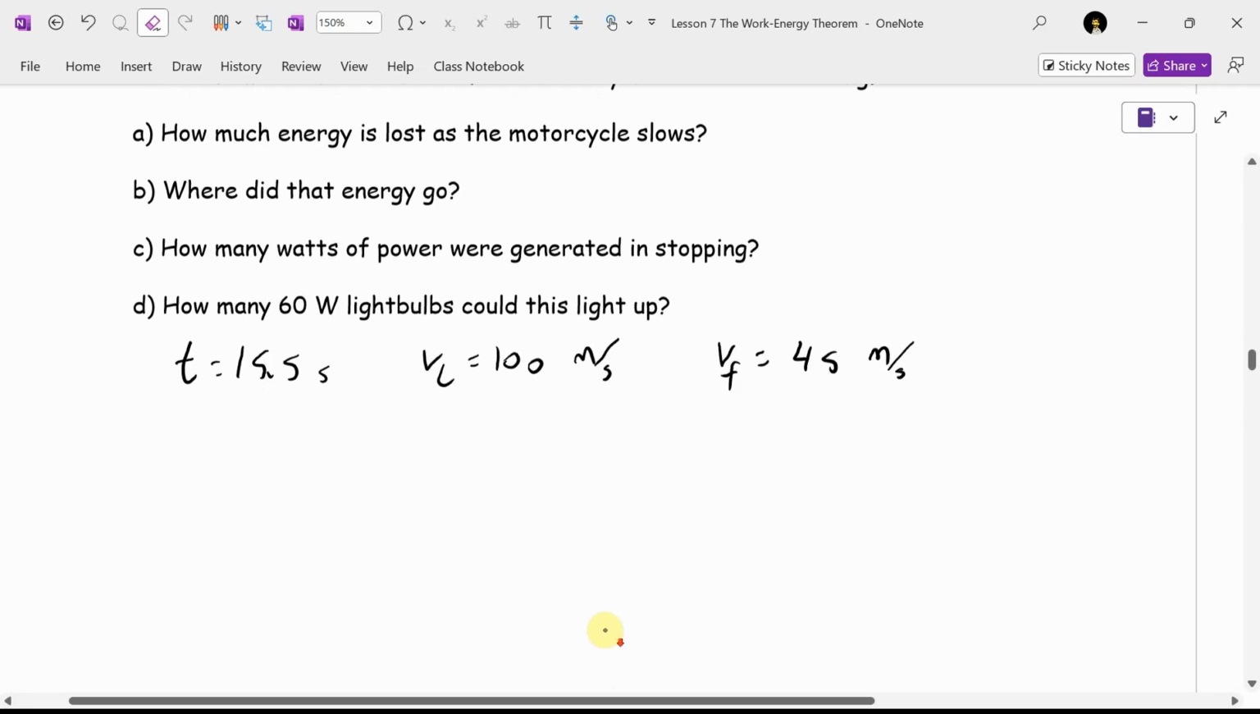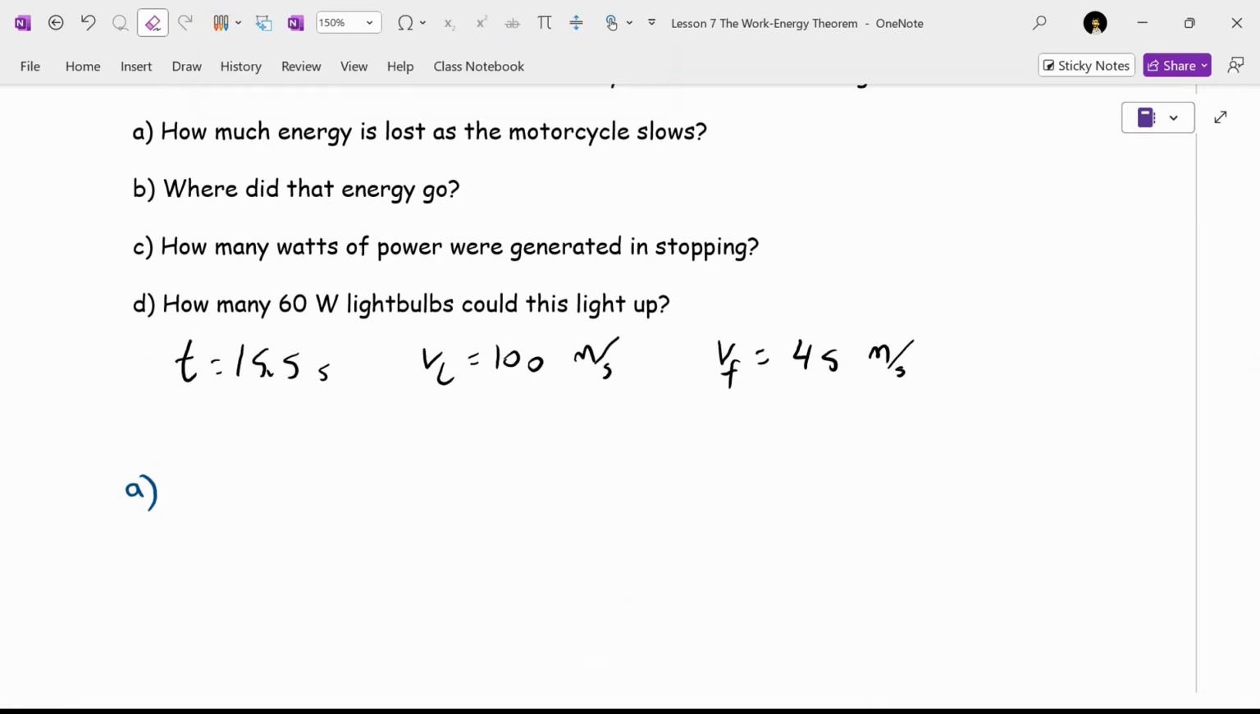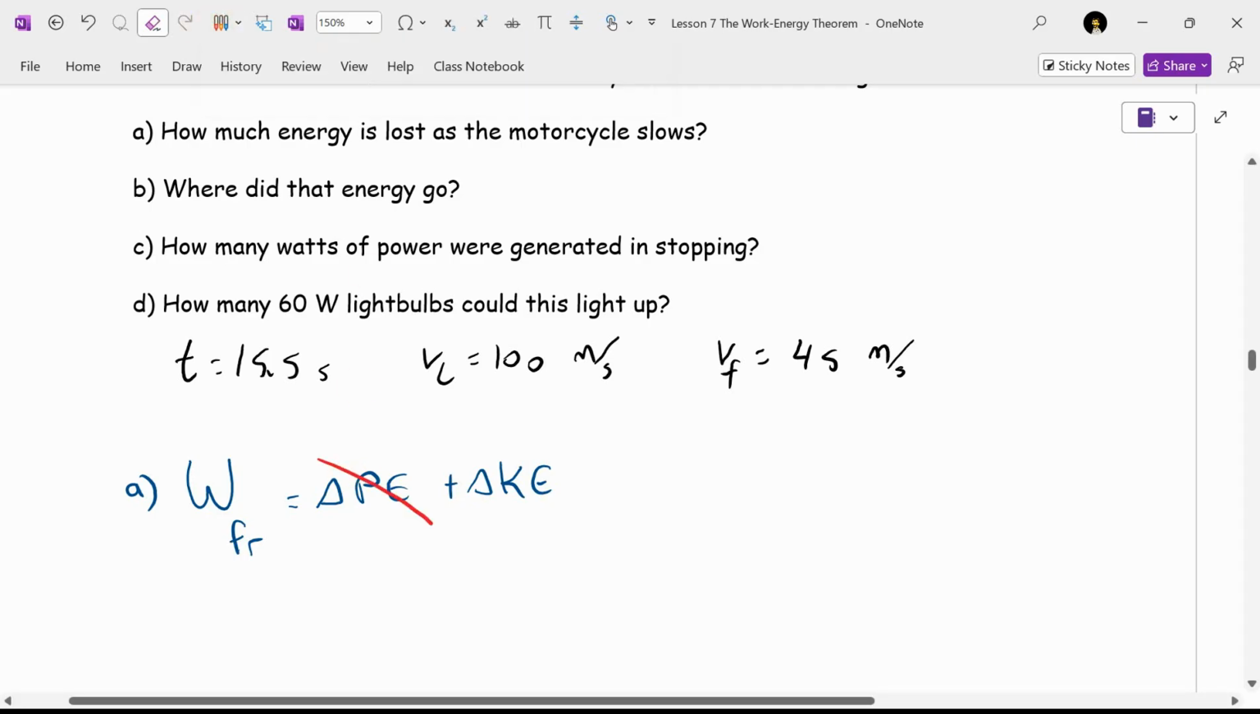Tucker, what does A want me to find? What we're really going to find is the work done by friction, which is going to be the change in potential plus the change in kinetic. Tucker, you saw the video. Did there seem to be a hill at all in that video? So I think we can safely say